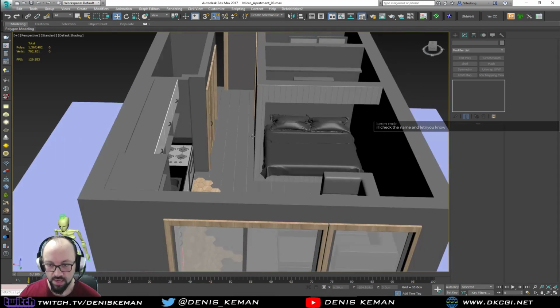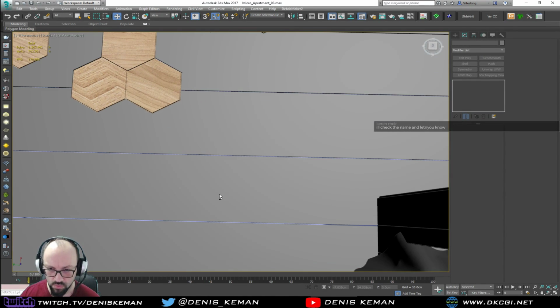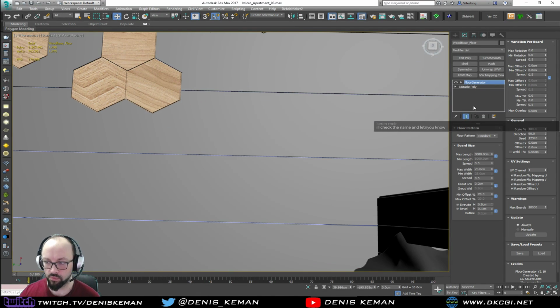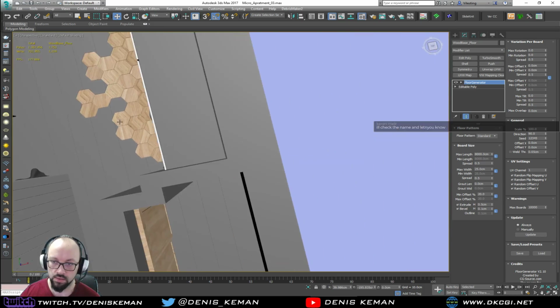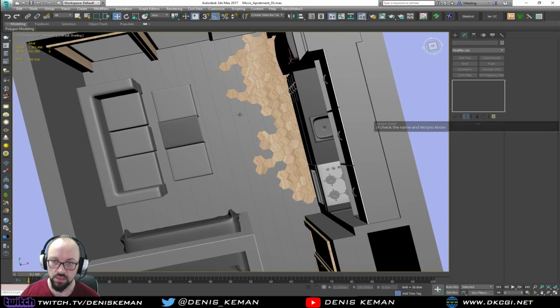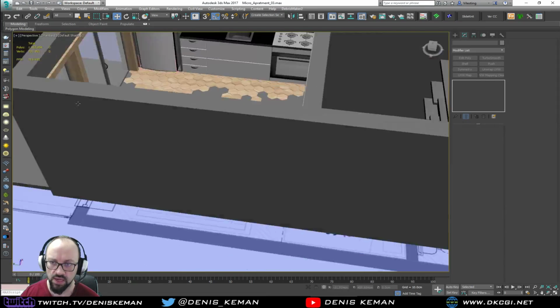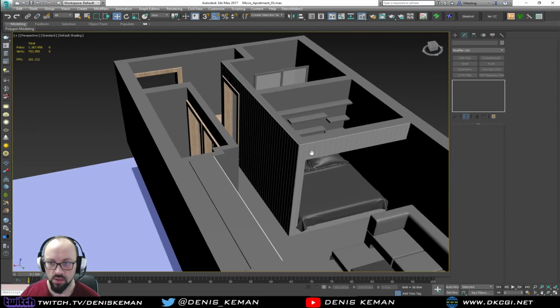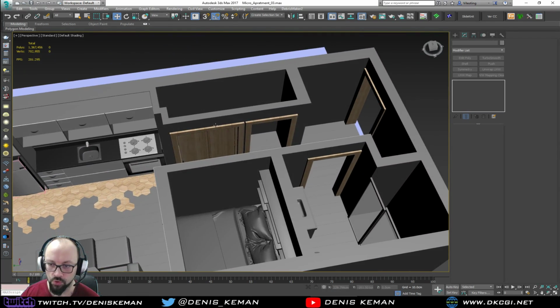Anyways, now we have the flooring and... what the hell is this? What's this? Oh, of course. Floor generator comes with a grout. So let's go with 0. There we go. Now it no longer has that space in between all of these planks. So it's fixed now. Now let's go over to the second thing that we were supposed to do here,